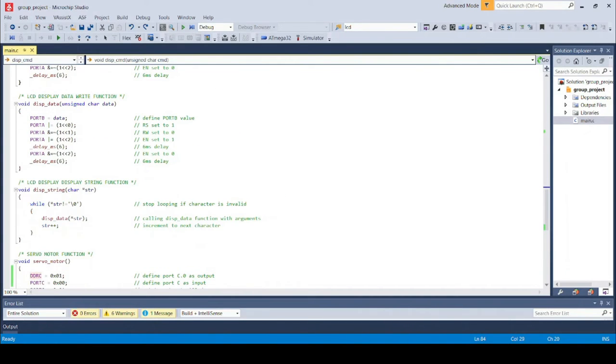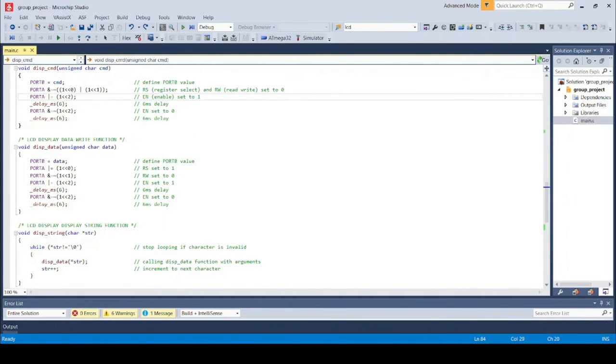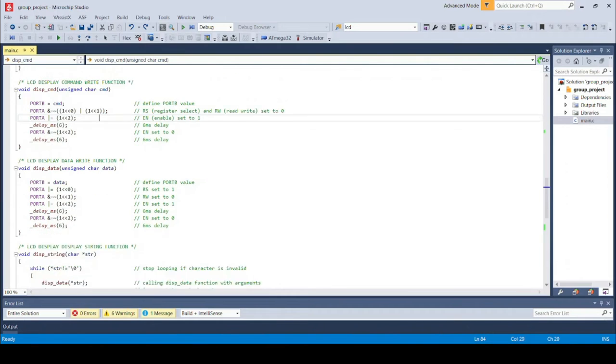For the display string function, there is a loop. It checks whether the character is invalid, and if so it will stop. If the character is valid, we will go to the display data function, which sets the register select to 1, read/write to 0, and enable to 1. And after that,